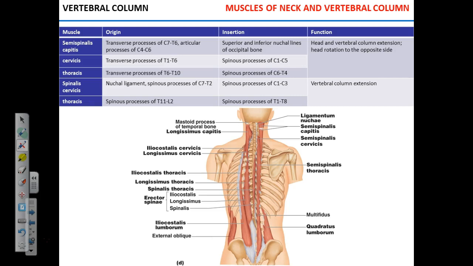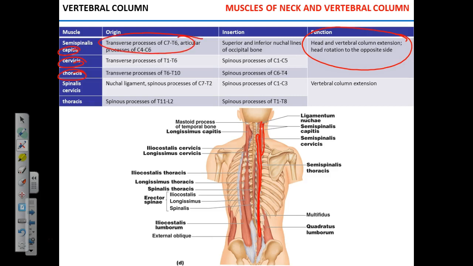Semispinalis. Muscles getting smaller and smaller. So this is semispinalis. There are several regions: capitis, cervicis, and thoracis. Okay. So this is extension and head rotation. It's interesting because these muscles connect